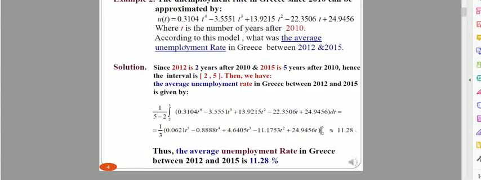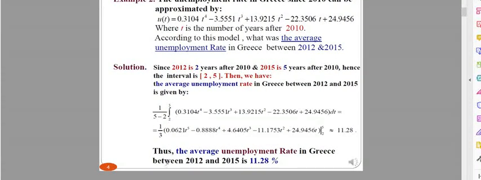According to this model, what was the average unemployment rate in Greece between 2012 and 2015? So 2012 is how far from 2010? Yes, it's 2 years apart. And 2015 is 5 years apart. So we can use 5 instead of 2015 and 2 instead of 2012